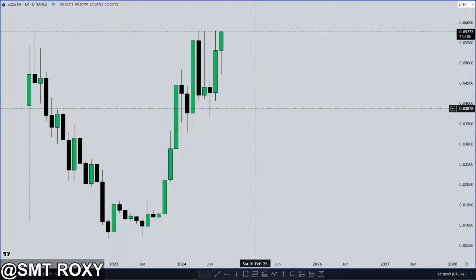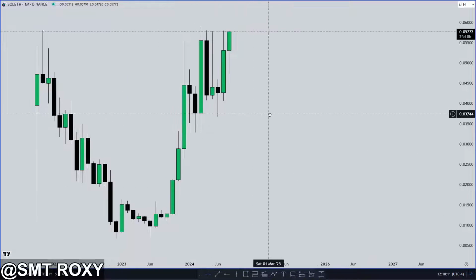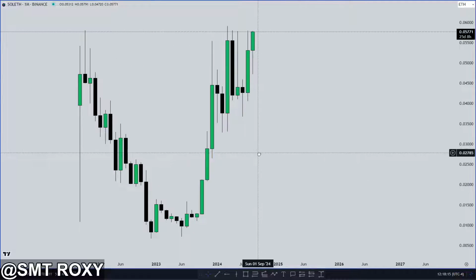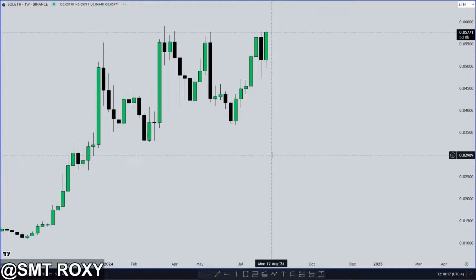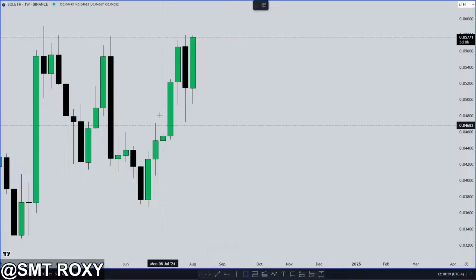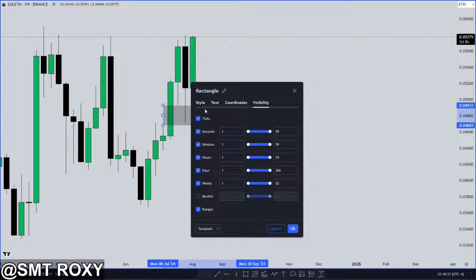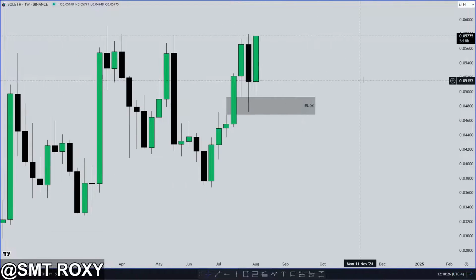Let's go to the monthly here. Yeah, this is a clear market maker buy model here. You can just see it moving so much more higher, bro. On the weekly time frame, we had this weekly buy, consolidation, balance, hold. It pushes up higher. It's just clear bullish. Sol is going to be so much more